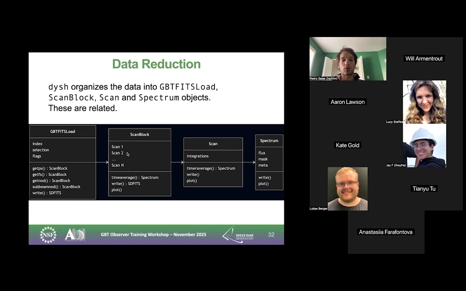And if you want more control over things, in between, you can extract scans from this scan block. Let's say look at individual integrations. If you want to flag some because there was RFI, you can use this to inspect things in more detail, right? And from a scan, you can also time average things into a spectrum. That's roughly the data flow, and I hope it will make much more sense when you look at the examples and when we work with actual data